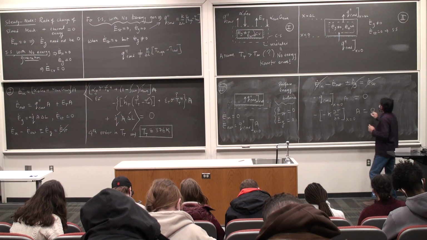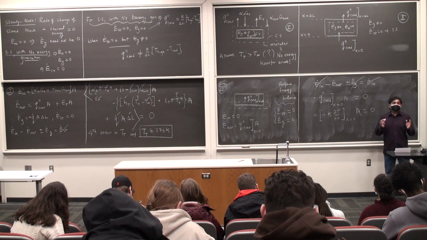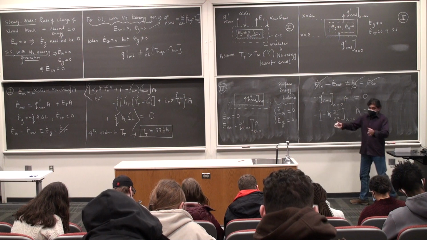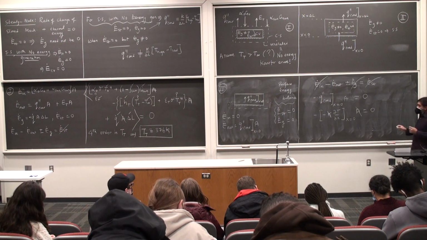At x is equal to 0, multiplied by the area is 0. The area cannot be 0, it's a physical quantity. Thermal conductivity cannot be 0 because it is a property of the body. The material cannot get rid of it. So the only term that becomes 0